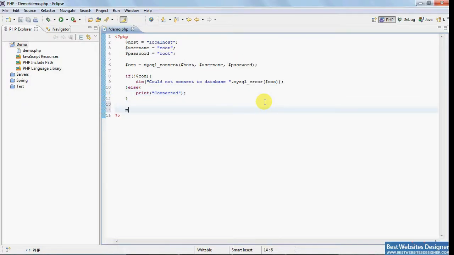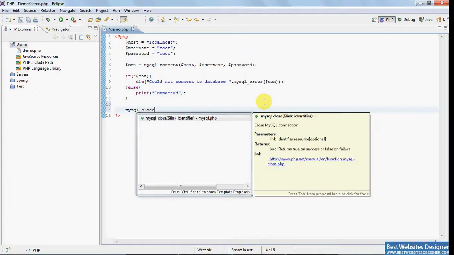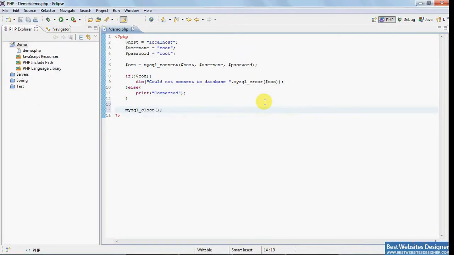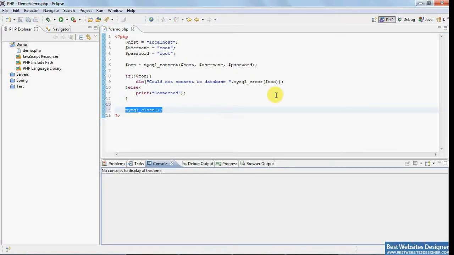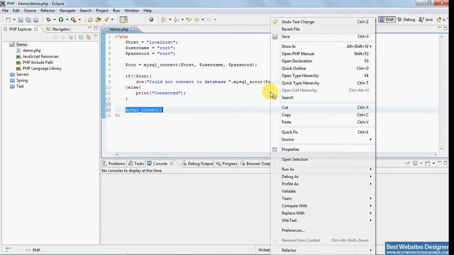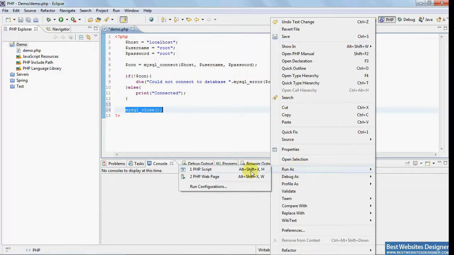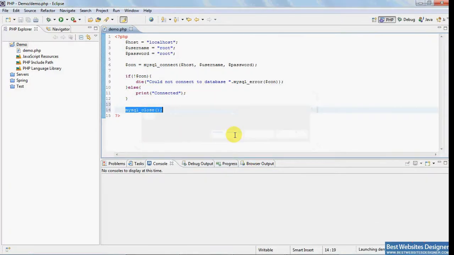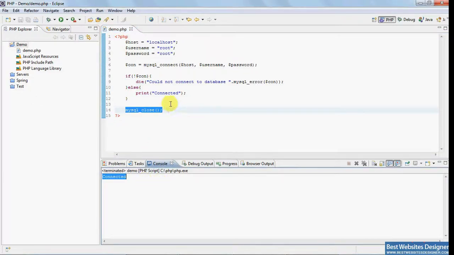Each time you connect to a database, after all the logic and all the queries firing, once every stuff has been completed, you would have to disconnect from MySQL so that the resource gets released. Now let's check if we were able to connect to the database or not. Yes, we were able to.